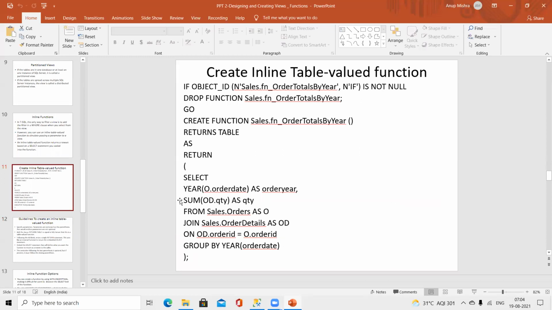For example, this function is based on the data that we have in AdventureWorks 2019. So if you see here,